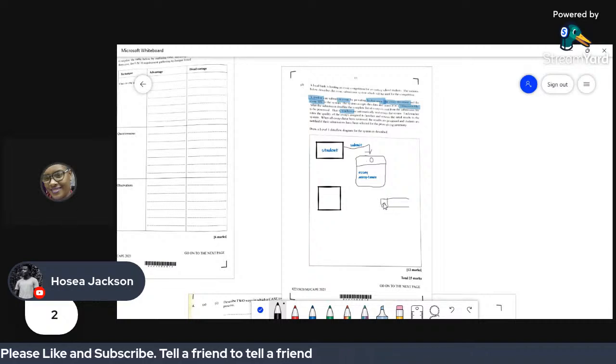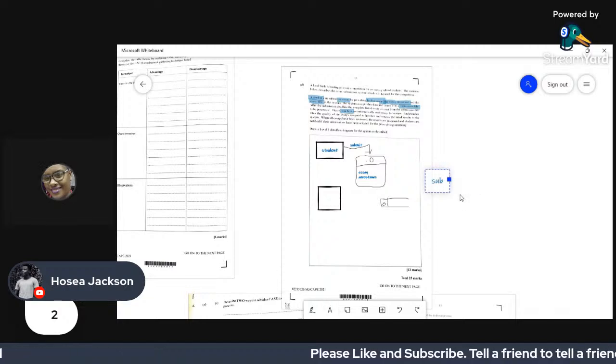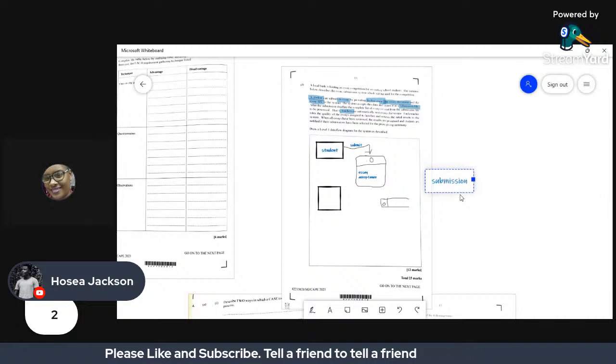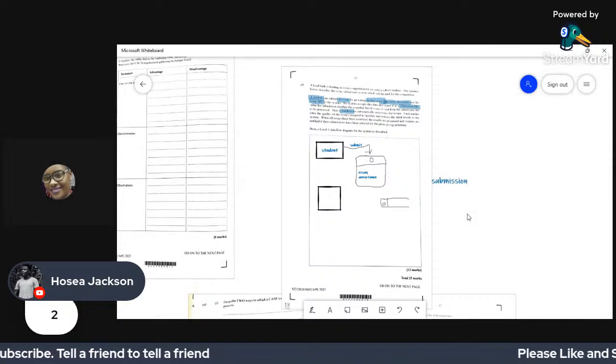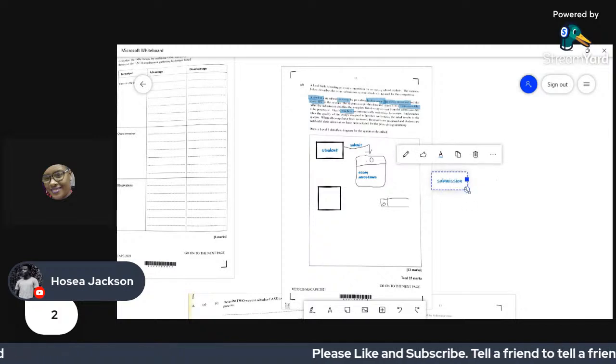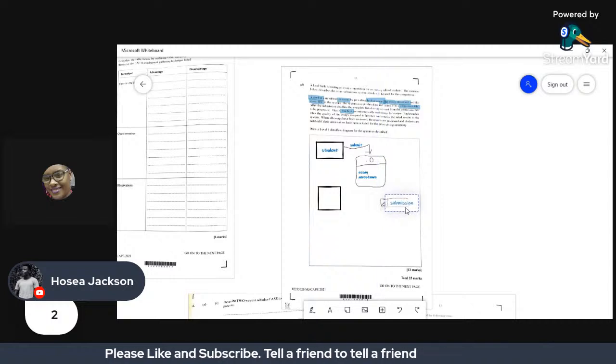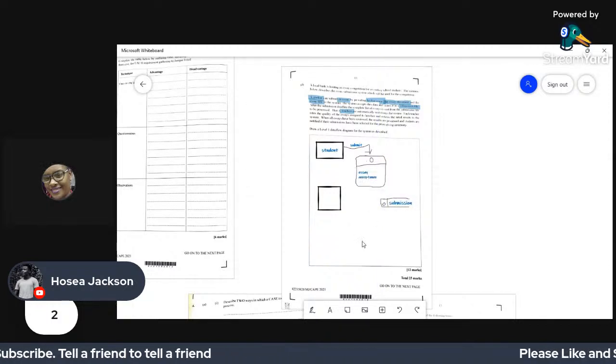This is D0 or D1, whatever you want to put there. And inside the end part, you have to put the name of the file. So this is submissions. That's our submission file.